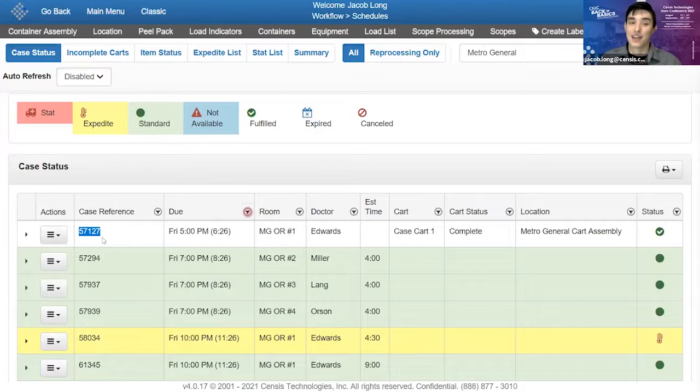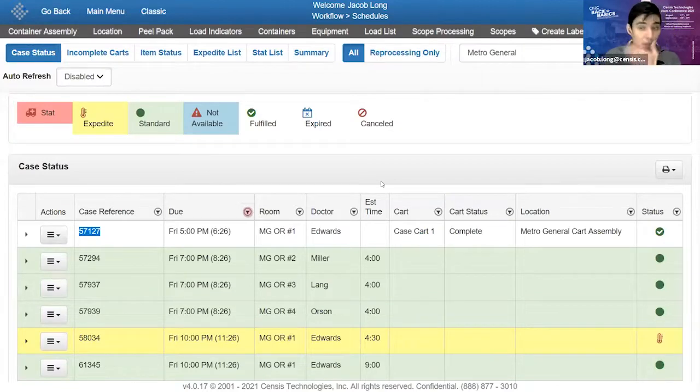So there's a lot of strategies, because one of the things that I would always break down when I would implement this module is I wouldn't even implement it for a day or two. I would always just watch who's picking my case cards, who's printing out my preference cards every morning. Is it somebody's responsibility to go and hand out preference cards? Or is it kind of, hey, if you're in room 2, get your own preference cards? There's a lot of different workflows out there. So I would always just watch for a day or two. I'd always just watch the OR and figure out what makes the most sense. So I'm going to go ahead and address the different ways we can get that case barcode to the user